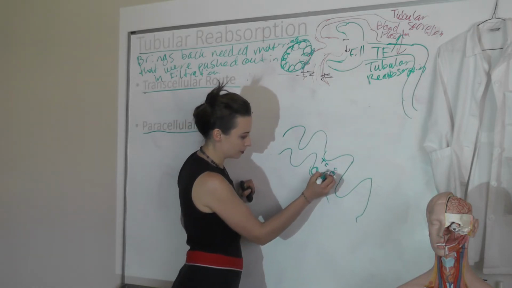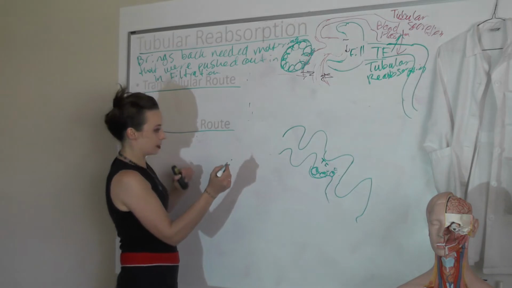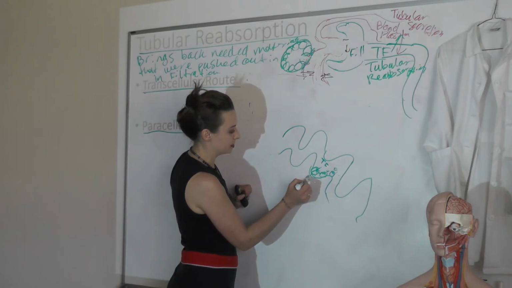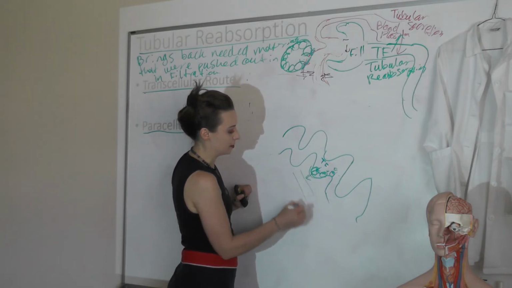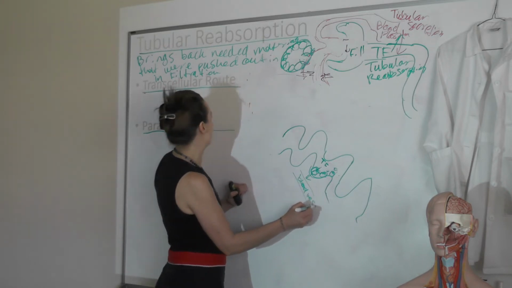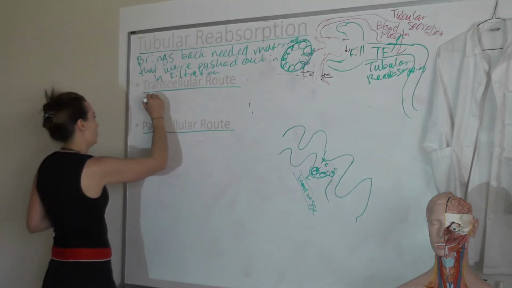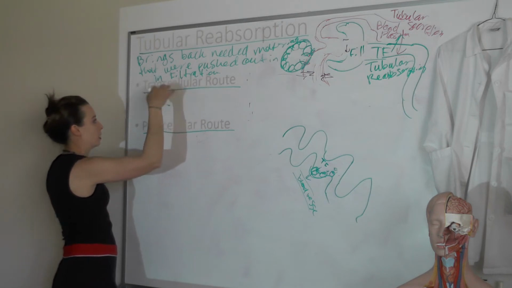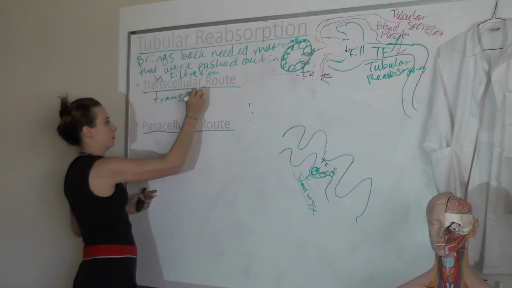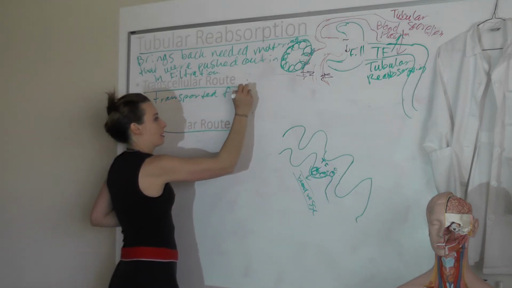So on the apical surface, through the transcellular route, I'll bring materials through my apical surface and pass them through here and then let them out on the basal surface, and those materials can then be picked up in my blood vessels. So my transcellular route uses vesicular transport, or things are transported from the apical surface of the cell